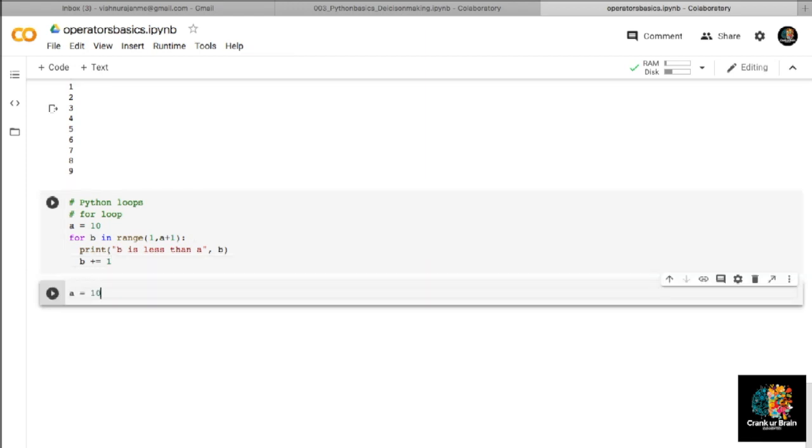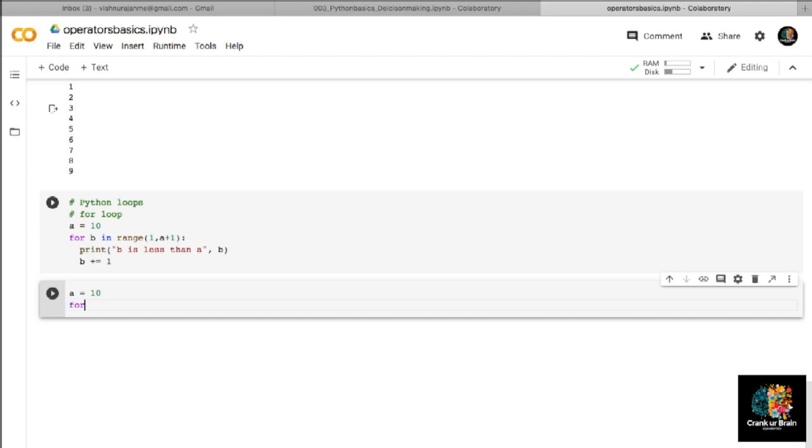So A is equal to 10 I will give, then next one for, inside a range only I will be specifying. So for that just I will give another variable over here. It need not be A, instead I will give say I. For I in range of. Why this range of means usually this for loop will be working within a set of values. So for creating that set of values only I have used this function, that is the range function.